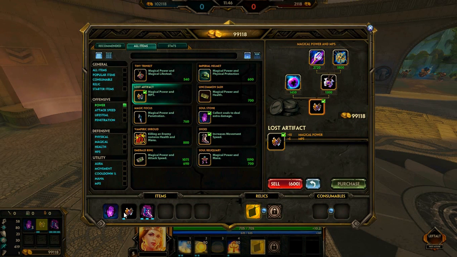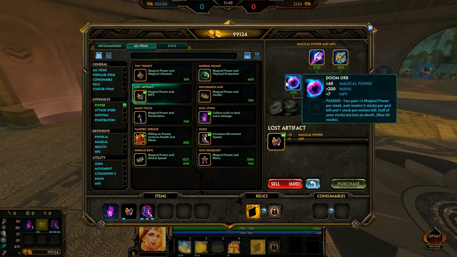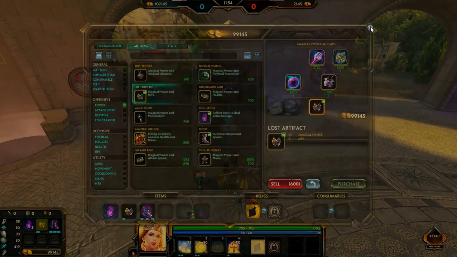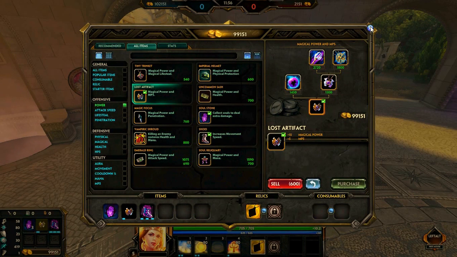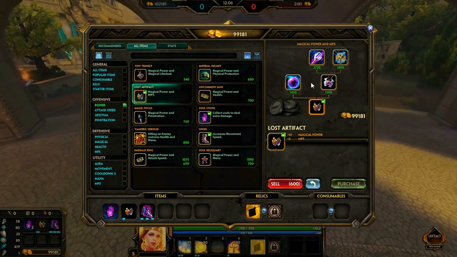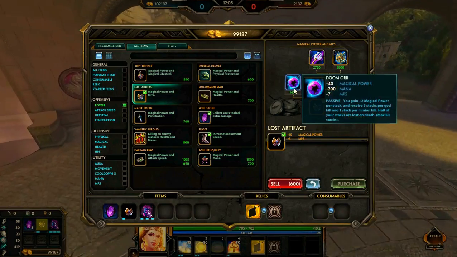So you want to build into one of 3, maybe 4 items if you're feeling really overzealous, or you have a lead or whatever. You want to build into a Doom Orb, which is when you build this item when you're ahead. You don't build this item when you're even,